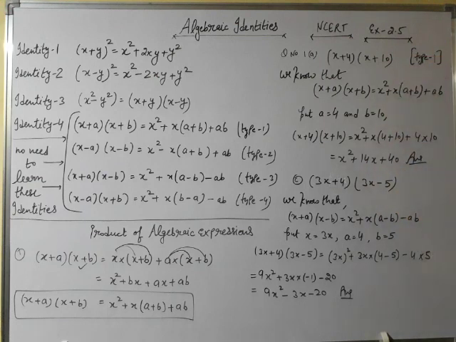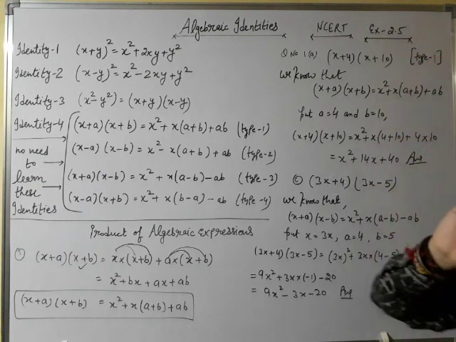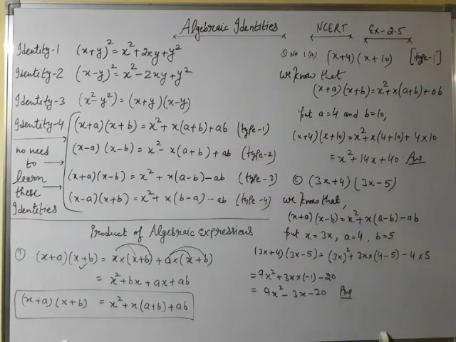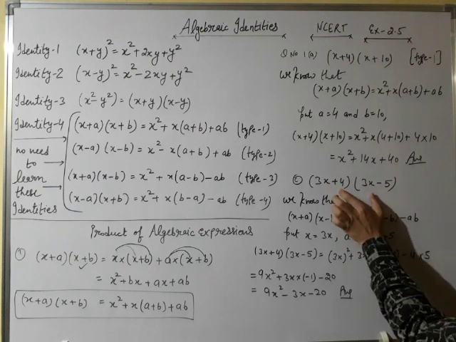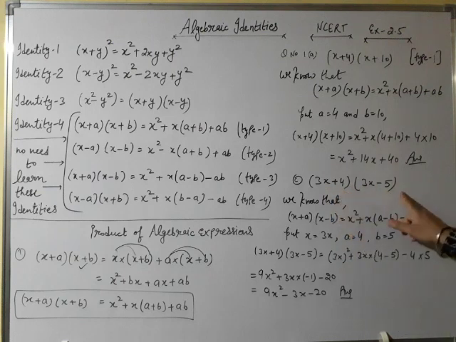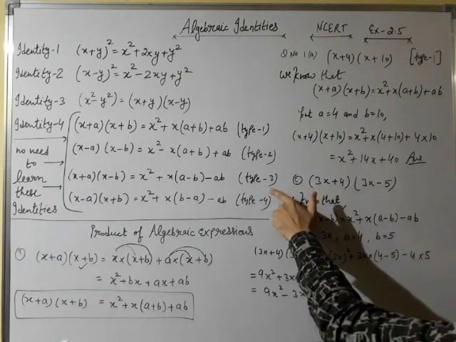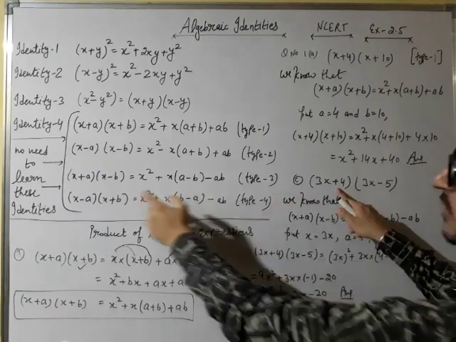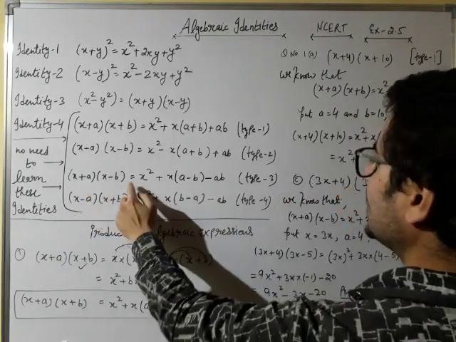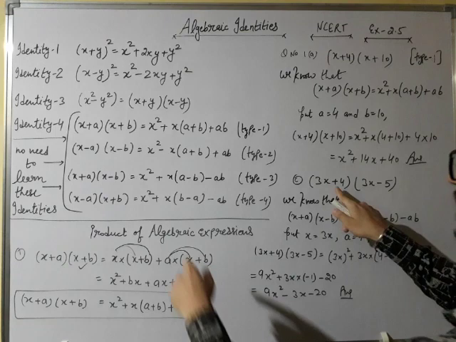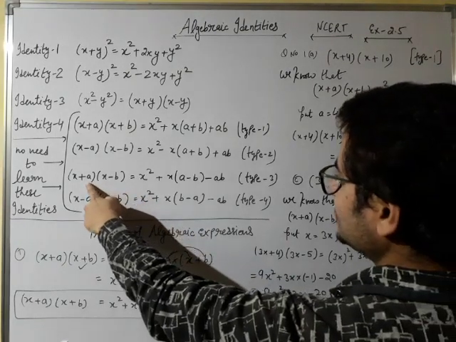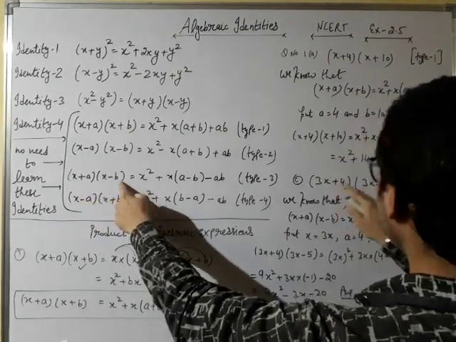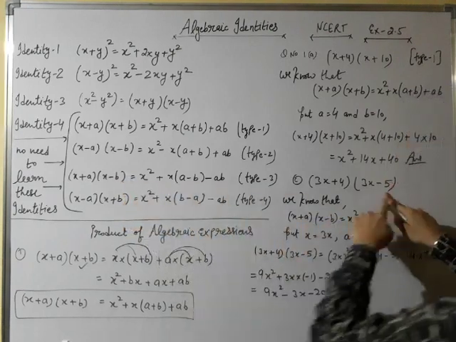This is the solution, and on this basis we will solve such kind of identities which we have discussed on the board. Second question, (3x + 4)(3x − 5). When we observe the given question, we get to know that this is a kind of type 3 identity, when the first bracket is positive and the second bracket is negative, or we can say the constant of the first binomial is positive and the constant term of the second binomial is negative.